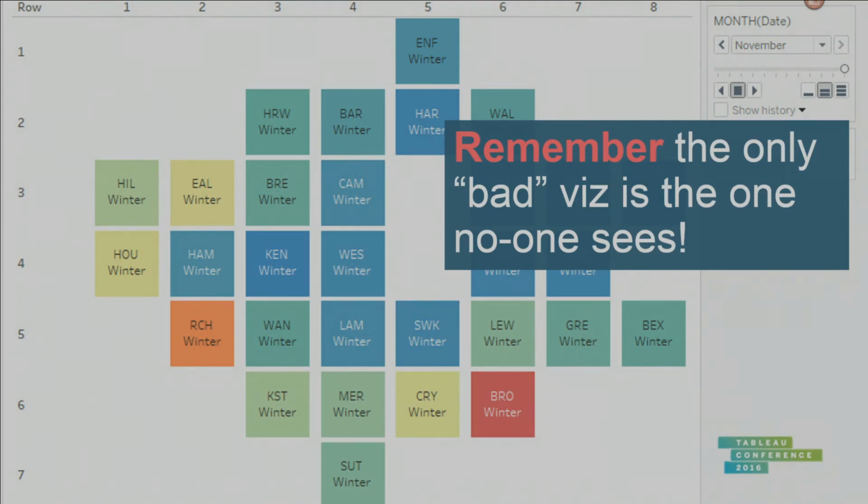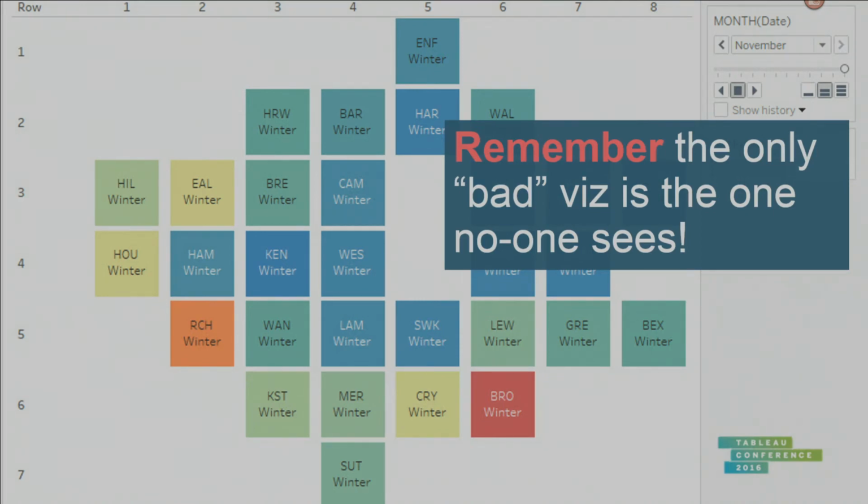But I was holding off publishing because I somehow didn't feel it was good enough, which is the most ridiculous thing to do. And so I took my own advice. The only bad viz is the one no one sees. Because no one saw this, I didn't get any feedback on it. I couldn't improve it. And as nerdy as it is, I couldn't get super excited with anybody else about parrots